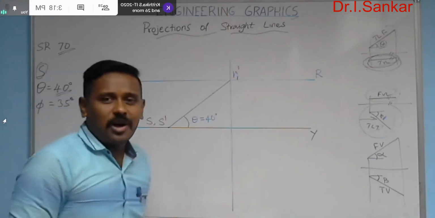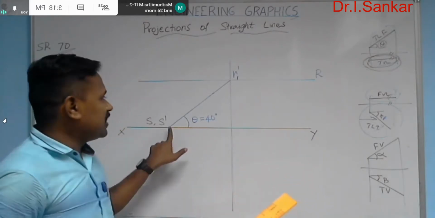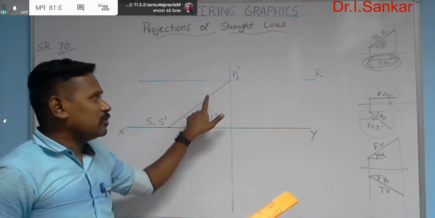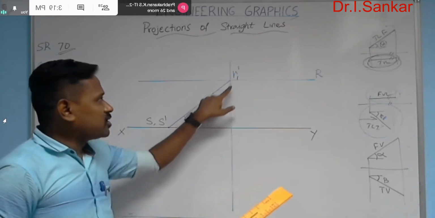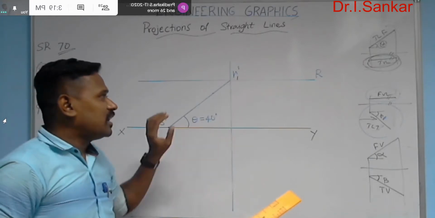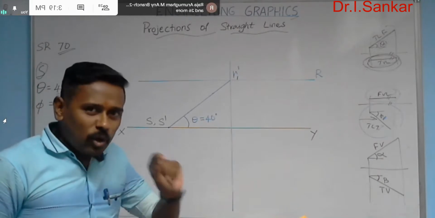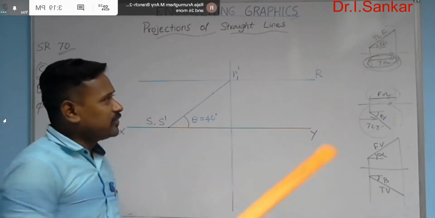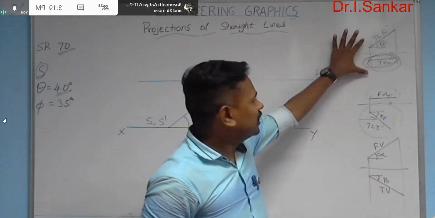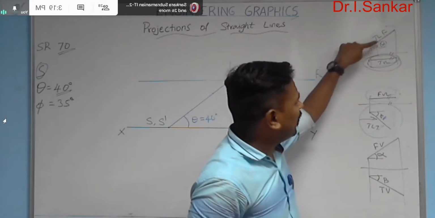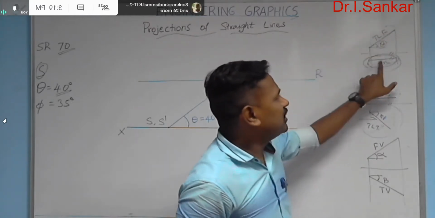And where to mark the R1? See, this line is nothing but your true length in front view, TLF, along with theta. Its pair should be marked as top view length line in the top view area, exclusively in the locus of S in the top view area. See here. This pair is shown clearly in that simple drawing. It is TLF along with theta, and the TLF's pair is TVL, which is placed in the top view area.